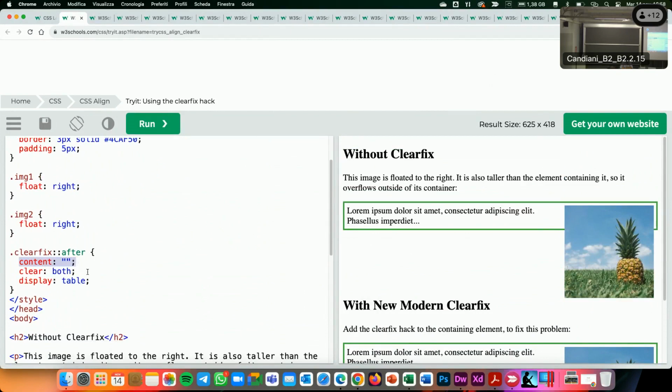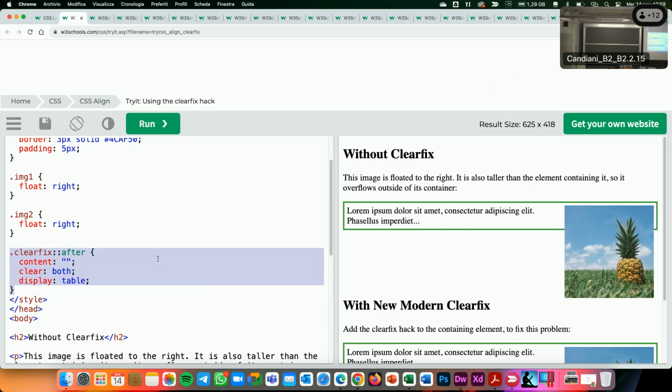Okay, it basically uses 3 elements. It says, okay, content none, it's empty. Clear, it's a command that basically removes all of the spatial information inherited from the previous element, and then we add a display table, which is another value for the display property. We didn't see it, but basically, using this very simple code, I won't go into detail, but I wanted just to show you because